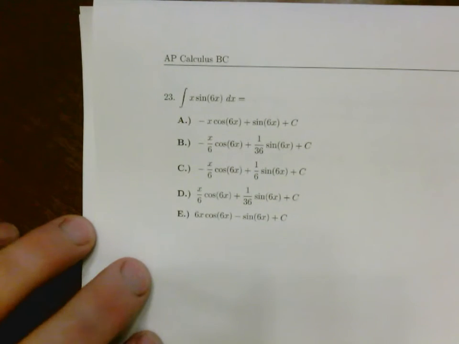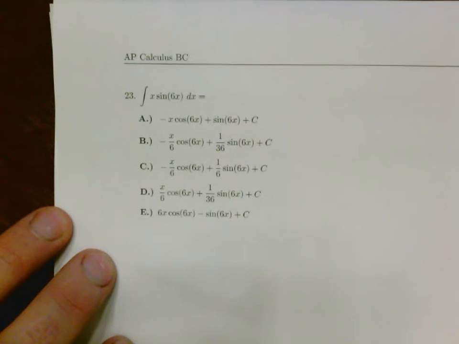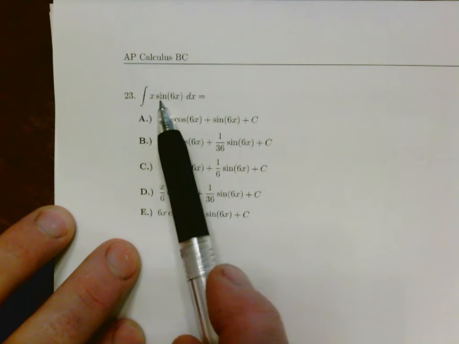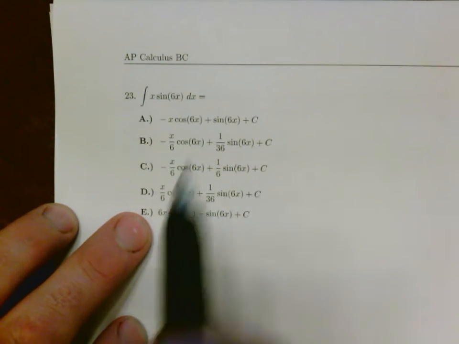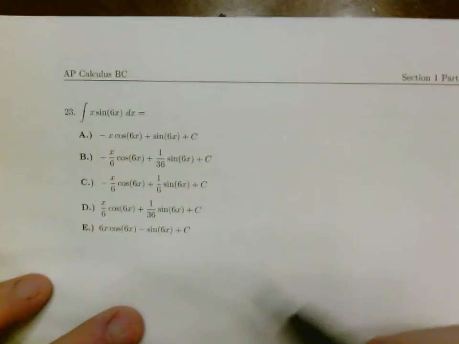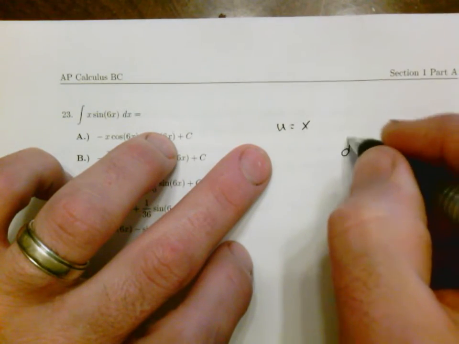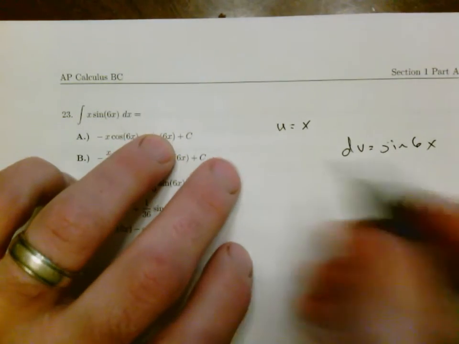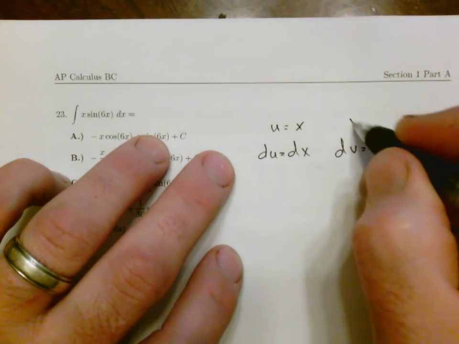Okay, so we integrate x sine of 6x. The mistake that people will make here is they'll try to integrate x and sine separately, but you can't do that because they're being multiplied times each other. So the other thing we could do here is integration by parts. I'm going to make my u equal to x and my dv equal to sine of 6x. So then I have du is equal to dx, and I have v is equal to,